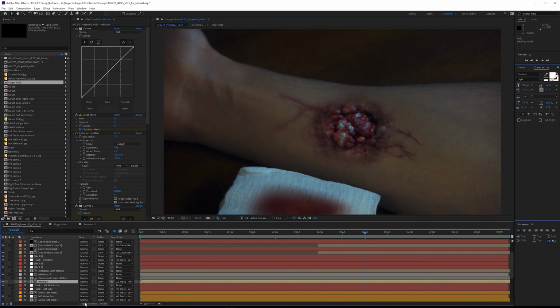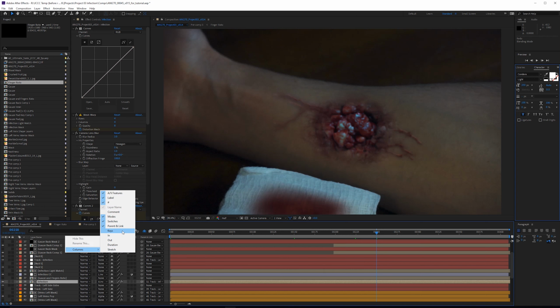So one thing that you can do to make sure that these are both on the same line is simply right click over here, go to Columns, and make sure that there's a check mark on for Modes and Switches. With both of these on the same line, it saves you having to keep clicking this button to cycle through them. You can also add other ones here. You can do things like see your durations, in and out points. I don't usually use these, but they are there for your convenience.